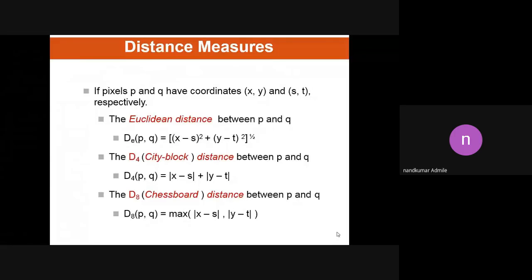Here are the formulas to calculate the distance between two pixels. As we calculate the distance, we always have to consider the two pixels and where they are placed, whether at a near neighbor or a far neighbor. Depending on this, we can calculate the distance between two pixels. So how do we calculate the distance between two pixels? For that, we can take one simple numerical example.